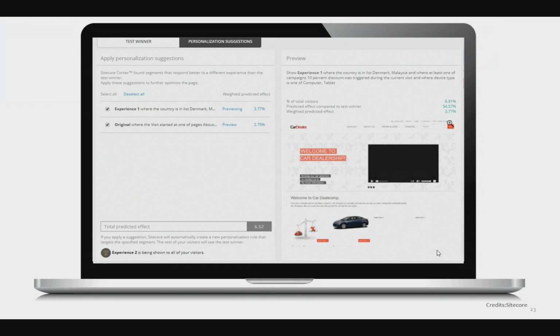So for example, if somebody is from Denmark or Malaysia, and is getting a 10% discount if they're triggered by computer, they will be shown experience one instead of the original experience. That's the power of Sitecore Cortex: without it, you won't be able to identify these missing patterns, or these tests would not give any positive results.